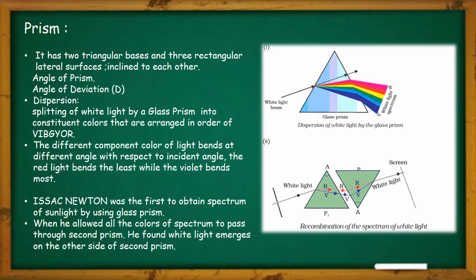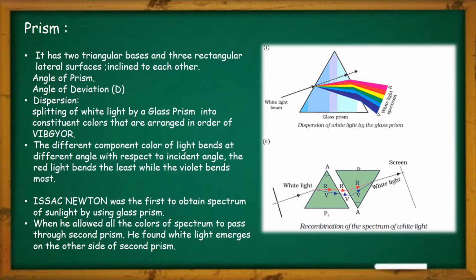Isaac Newton also found that whenever you pass this spectrum of light through another prism kept at the inverted position, meaning the angle of the prism is facing the bottom side and the base of the prism is kept upward, all the spectrum will again combine and give you white light. And just remember, the splitting of light will only happen if you are passing a polychromatic source of light, a mixture of light, or most particularly the white light.